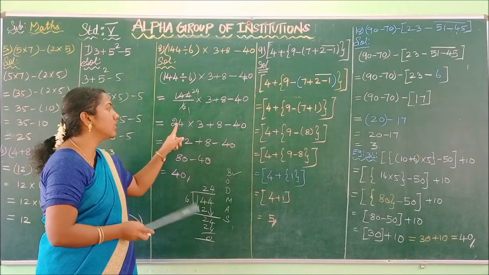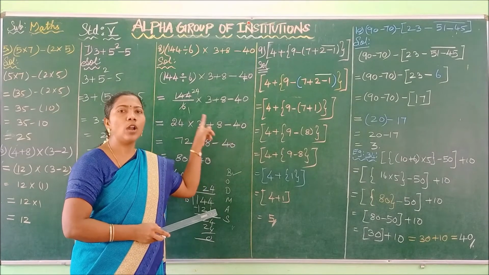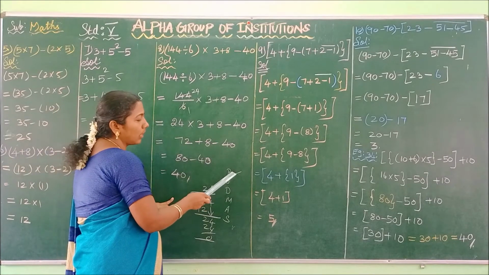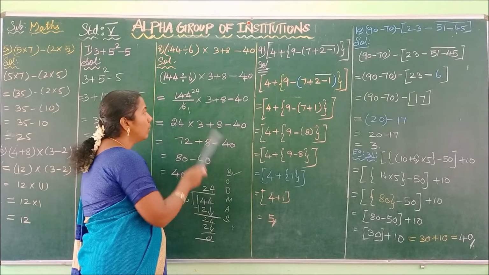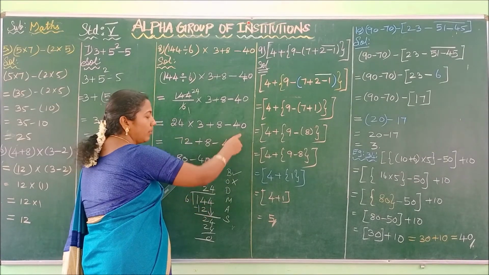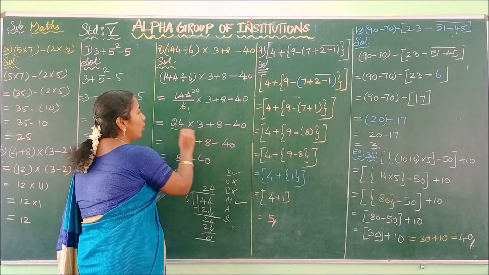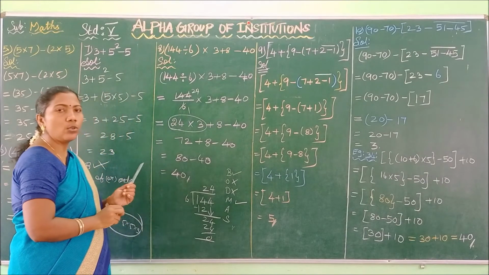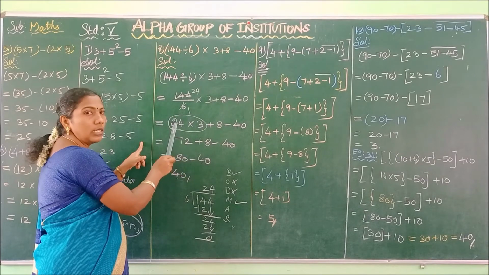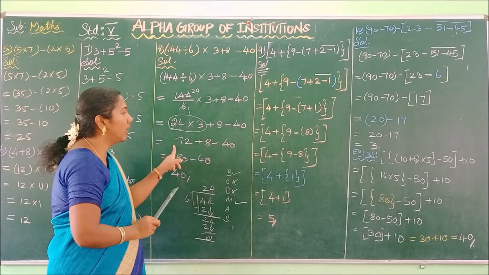This expression contains multiplication, addition as well as subtraction. Now you have to follow the Bode-Morse rule to evaluate this. After the bracket we have to evaluate of, but here we don't have of. So we go to the next operation, division. Here we don't have division. So next you go for the multiplication. Between 24 and 3 we have the multiplication, so you have to evaluate this first. 24 into 3, 72, plus 8 minus 40. Once again we get an expression.